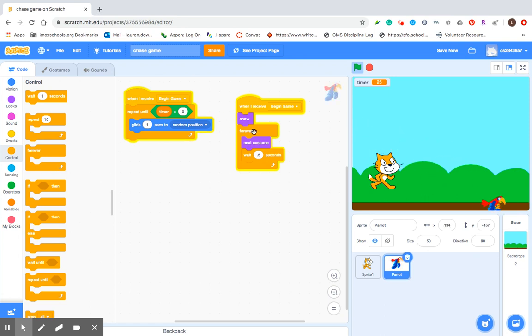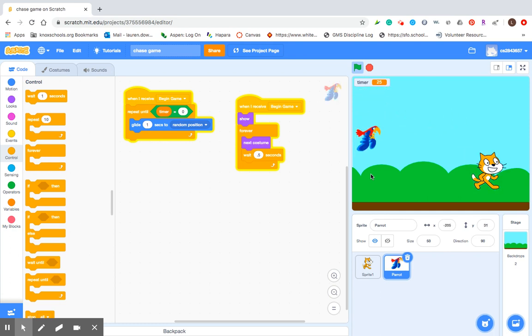So now if I click on both, it looks like he's flying all over the screen. And since you've already coded the cat, you should be able to move him around the screen by using your left and right and up and down arrows. Okay. So all we have left now is to worry about our score, because every time we touch the bird, we want to get a point. And we can do that